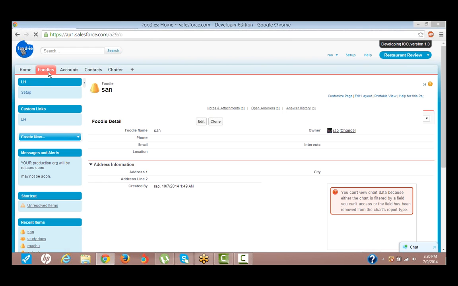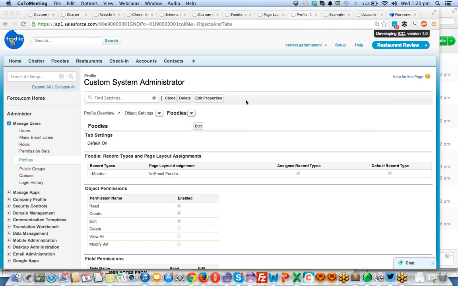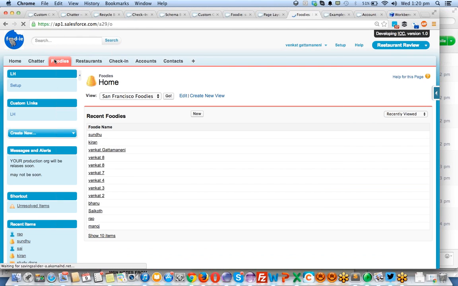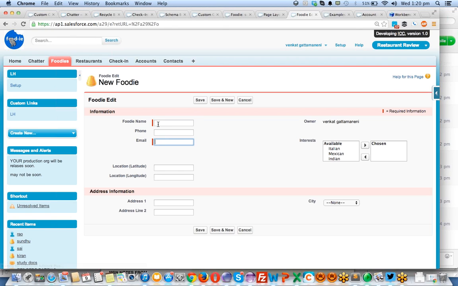Okay, and showing my same screen now. I'm making myself the presenter. Show my screen. Now, if I go to the police object, I have not done any changes. Click on new. The email is a required field for me.